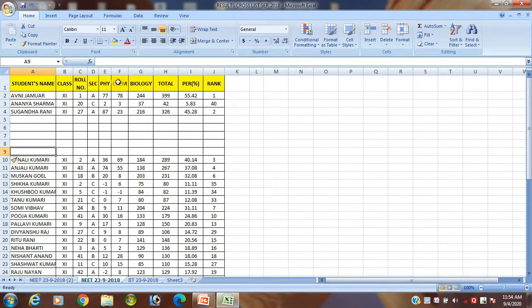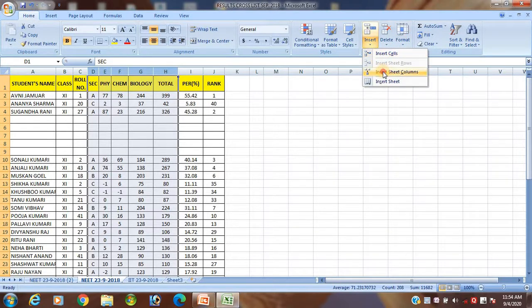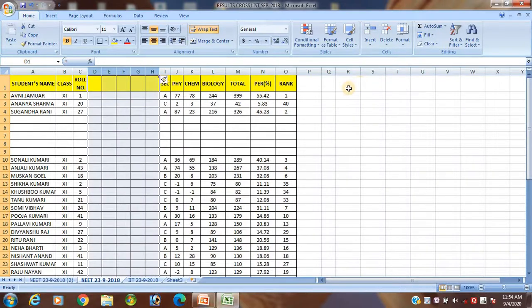In the same way also column student, okay, in between the biology and total you want to insert, okay student, suppose you want to insert roll number and section, suppose you want to insert the 6th column, then what will happen? You just select this one in between roll number and section. Okay student, so from this section up to 6 you have 5 column, you select that one. Same process, go to the cells, click on the insert option, insert sheet column. Is that clear or not student?